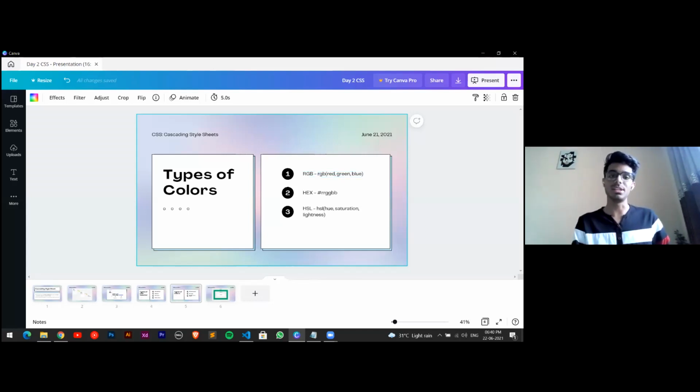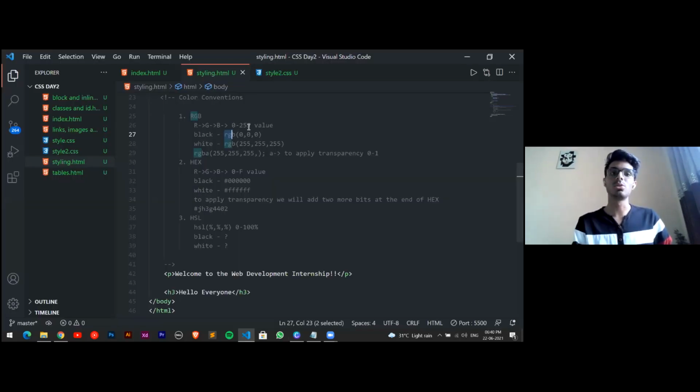The value will range from 0 to 255 for each and every color. So red will go from 0 to 255, and green will go for the same 0 to 255, and the same goes with blue. Okay, cool. Everyone is getting that.